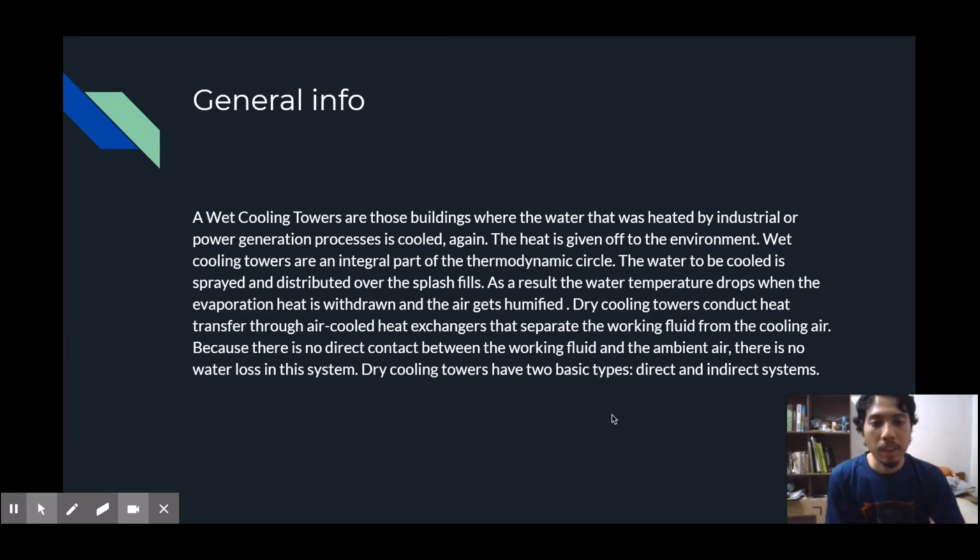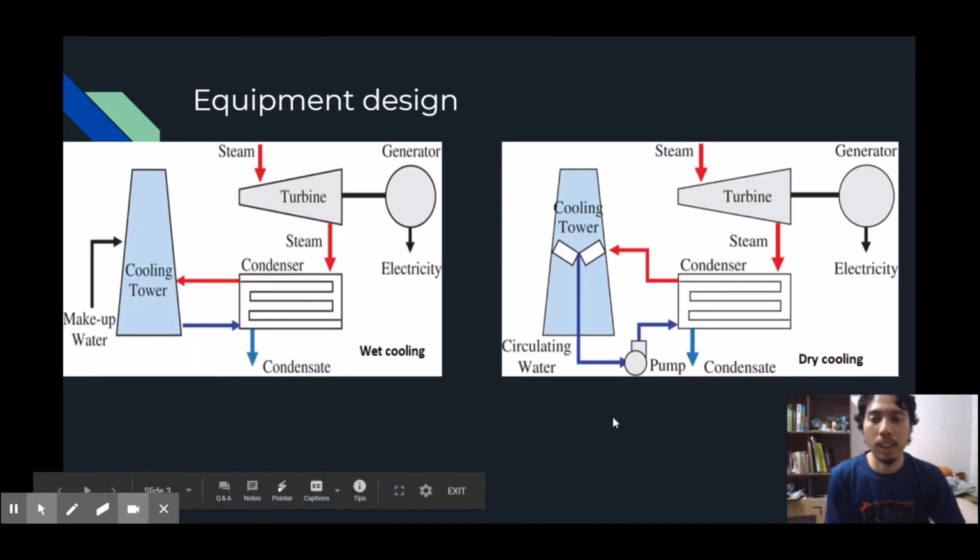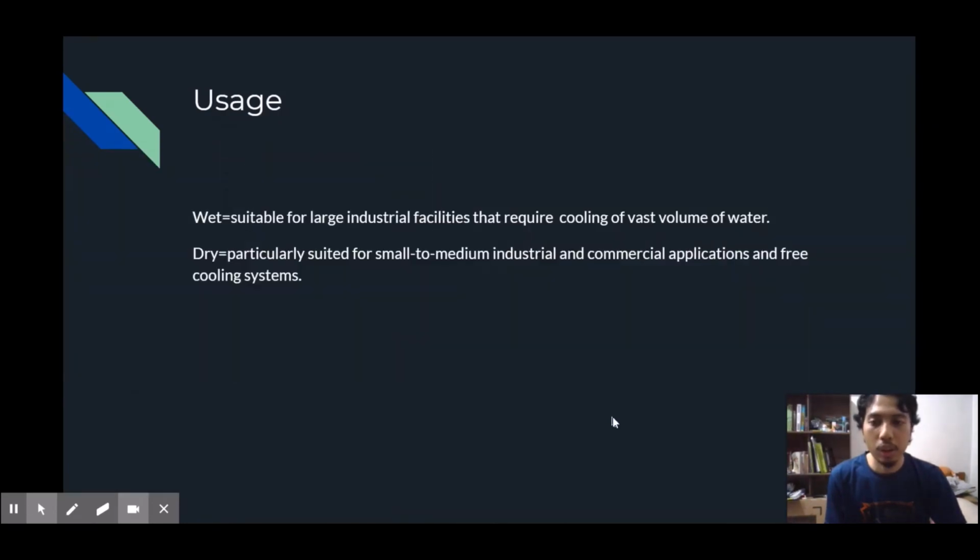Dry cooling towers conduct heat transfer through an air-cooled heat exchanger that separates the working fluid from the cooling air. Because there is no direct contact between the working fluid and the ambient air, there is no water loss in this system. Dry cooling towers have two basic types, which are direct and indirect systems. This is an example of equipment design for the wet cooling tower and dry cooling tower. The usage of wet cooling towers is more suitable for large industrial facilities that require cooling of vast volumes of water,